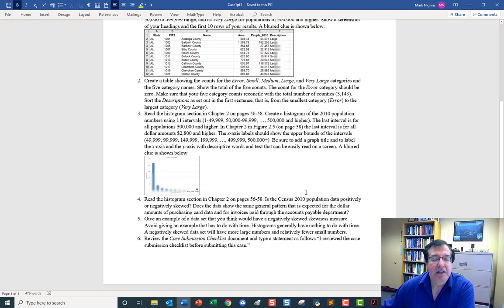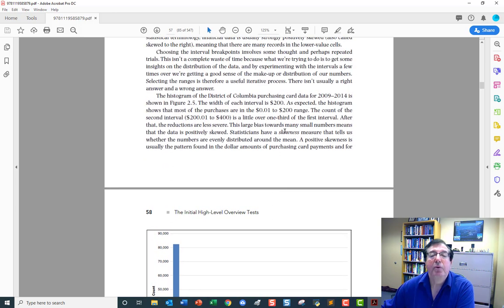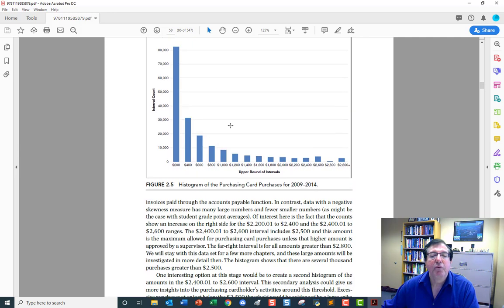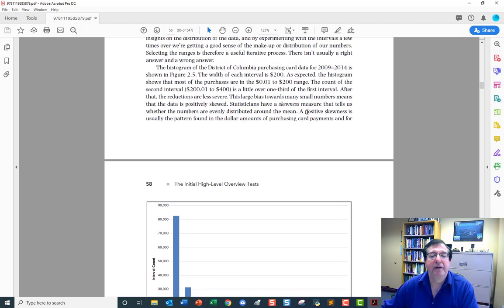Is the county population positively or negatively skewed? I have a write-up in the book. It says we have a skewness measure. A positive skewness is usually the pattern found in dollar amounts. And in general, when we have lots of small numbers, the numbers are positively skewed. Lots of small numbers, few big numbers, that is positively skewed. There we go. A positive skewness. If we have a large bias towards many small numbers, which we have, the data is positively skewed. And so the answer here is